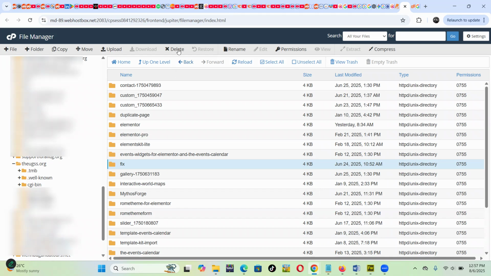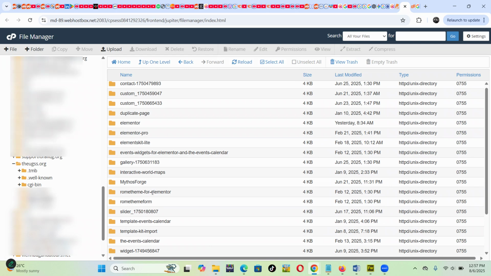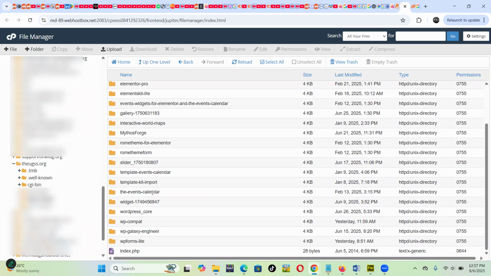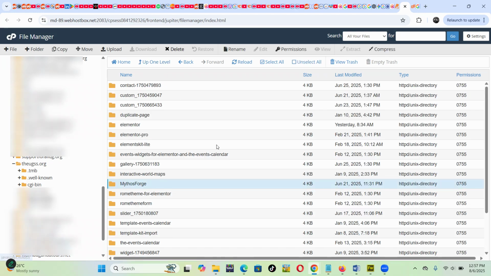Fix, definitely, I've never put anything like fix. So make sure you delete some plugins that you're not aware of. I will suggest you first back up your website before you delete anything. Slider, okay, I'm not sure if this is needed. It's a lot of junk